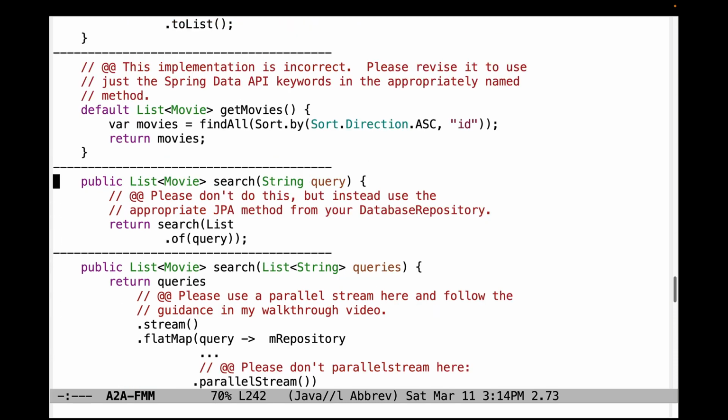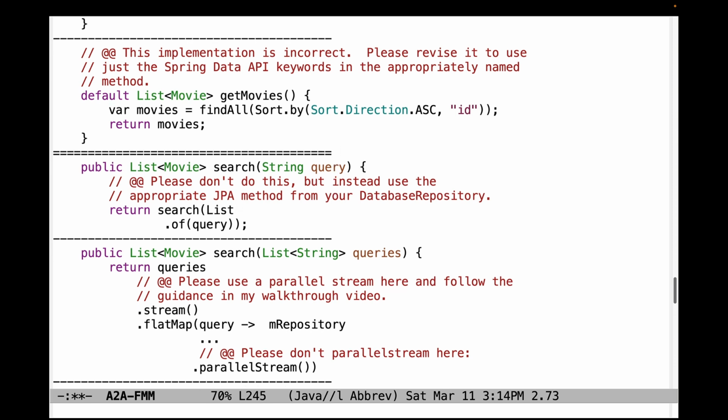Now we're moving into issues that we see actually with the DatabaseService.java class. So first of all, don't do this. Don't have your search method with a single query turn it into a list and call the search method that takes a list of queries. That's backwards. You want to be able to use the appropriate JPA method that was generated automatically in your database